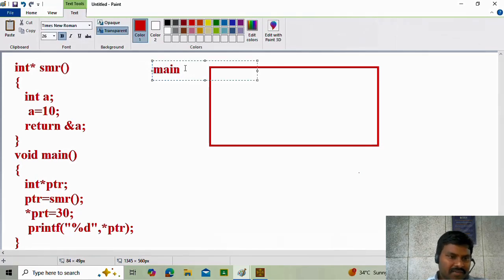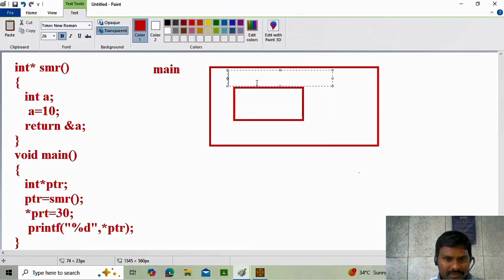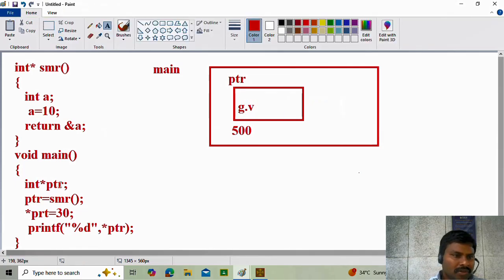The name of the function is main. In this main function we have to declare only one variable, that variable name is ptr. Every variable has some name and some address, say 500. The initial value is a garbage value. Whenever we are calling the smr function, then the control goes to